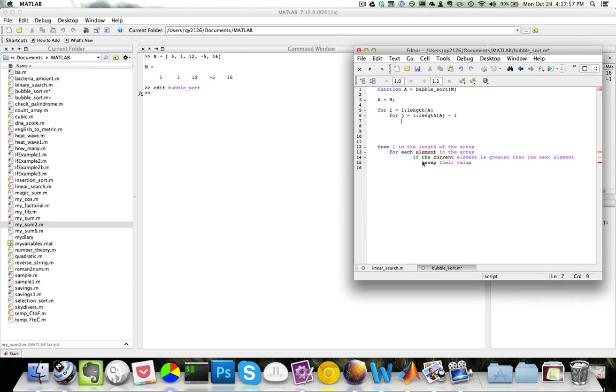Now we want to check if the current element is greater than the next element. The reason why we have minus 1 here is because we'll be accessing the next element, so there's no need to go to the length of A. We just need to go up to the length of A minus 1. So if A at J is greater than A at J plus 1, so if the value at the current element is greater than the next element, then we would like to swap